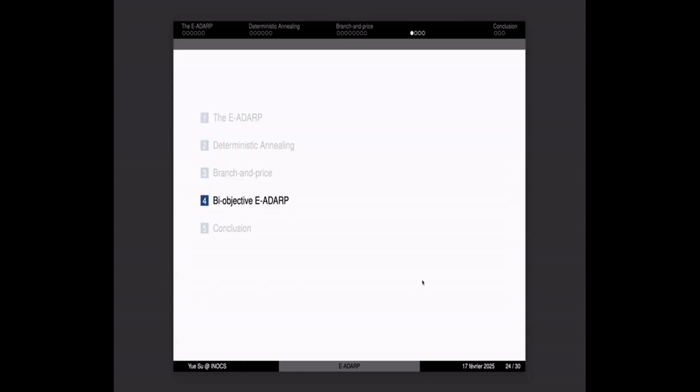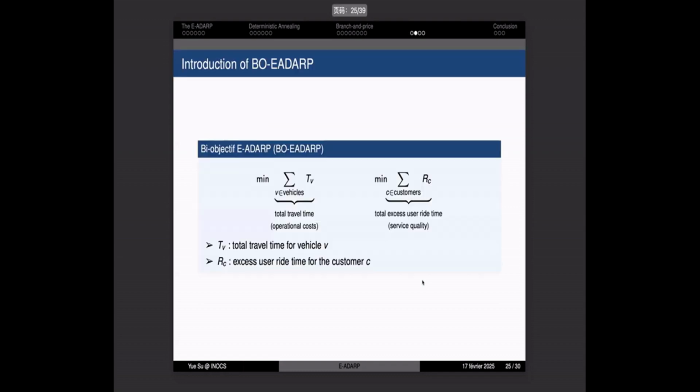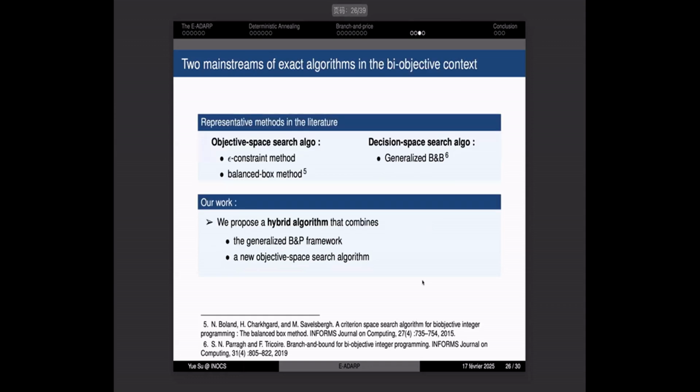And now I will present the contribution of our last work, the bi-objective EADARP. In this work, we have treated the two objectives separately. The first objective is to minimize the total travel time, and the second objective is to minimize the total access user ride time. And the main goal of our research is to find the efficient solutions and the complete Pareto front. And we have considered